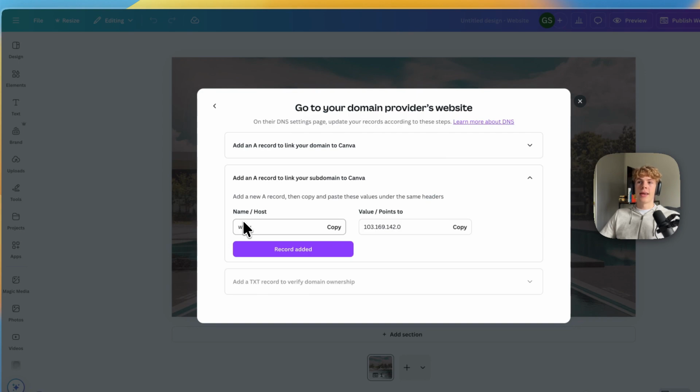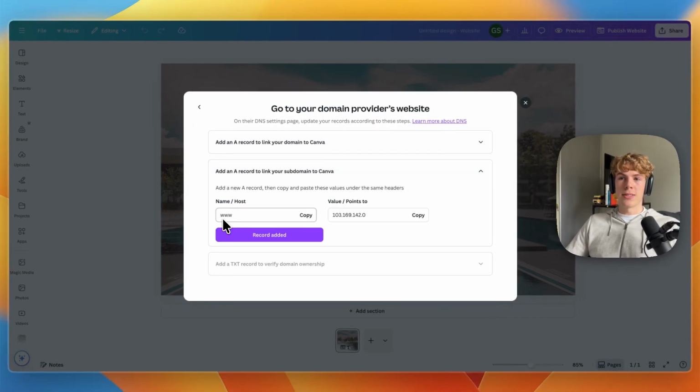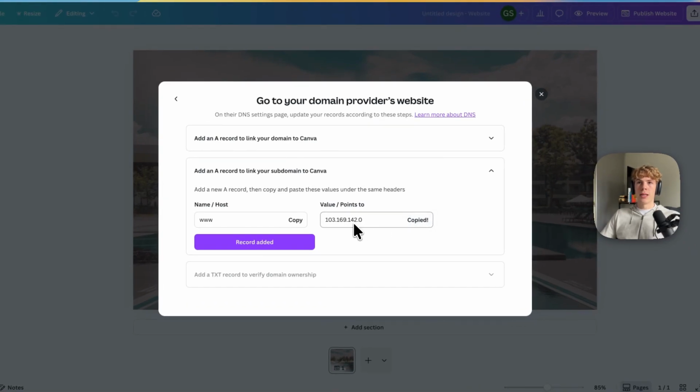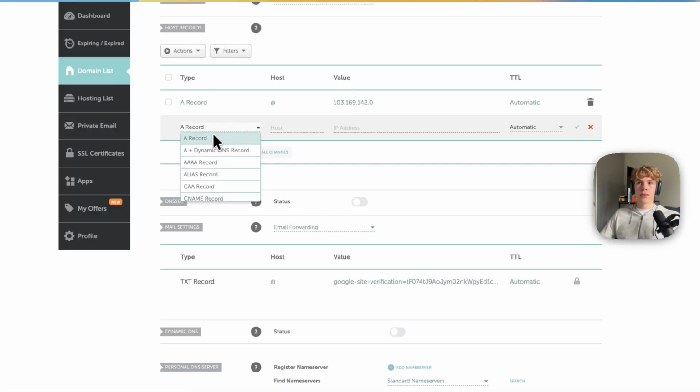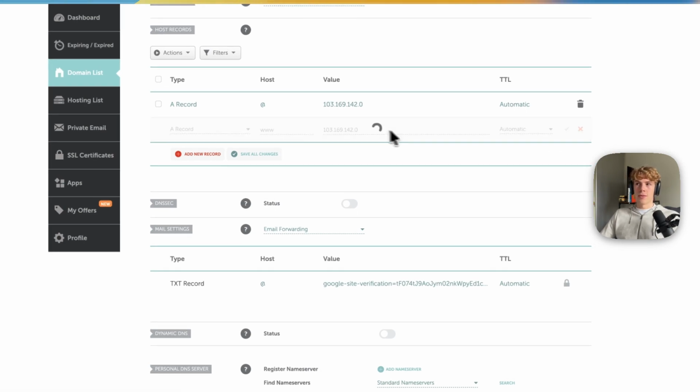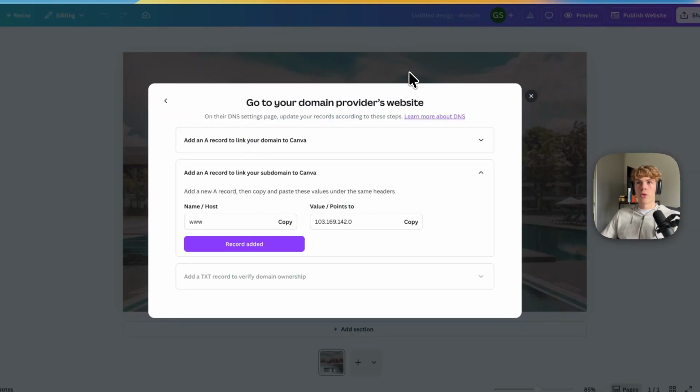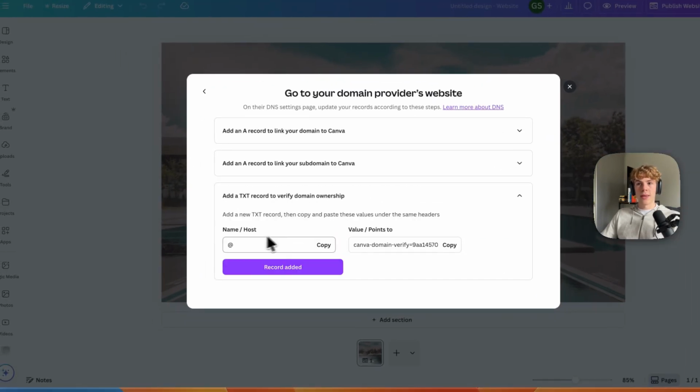Then next you need to add another A record. So it's www for the host and then points to, again, copy this. And then add a new record, another A record, host is www, IP address, again, paste it in, and click Save Changes. Now there's one more we need to add, so click Record Edit, and now we need to add